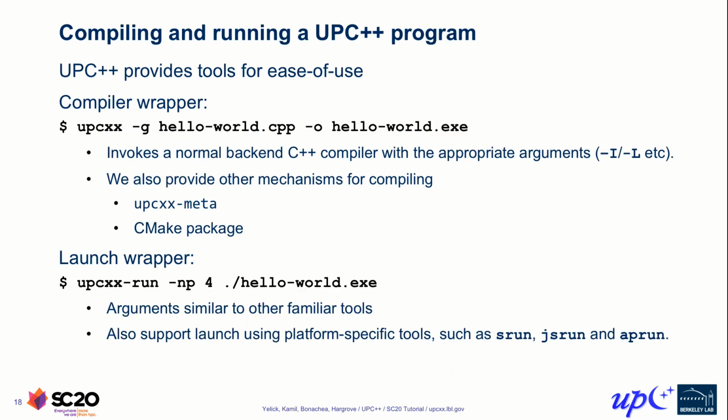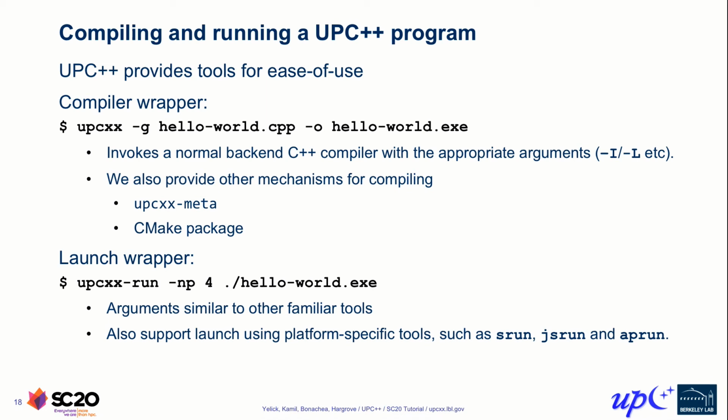So you've seen some of the basic primitives for writing a UPC++ program and now could write something. And I think that's a good time to actually do that. You need to know how to build and run your application. So this slide shows you the syntax for running the compiler, which is really a compiler wrapper. That is, it calls the normal C++ compiler, but makes sure that the necessary libraries are linked in and so on. And you've probably seen that if you've used MPI with their compiler wrappers as well.